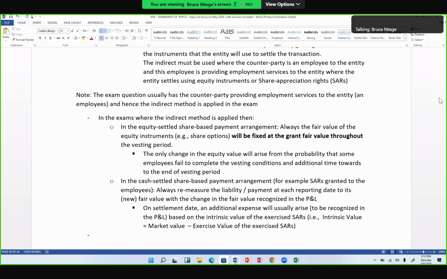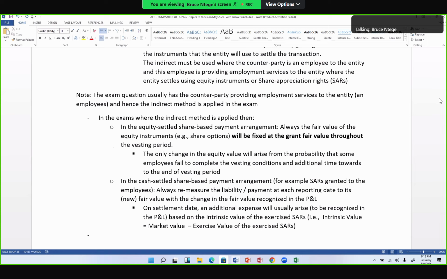So we shall say that the deferred tax implications arising from a share-based payment arrangement will take into account